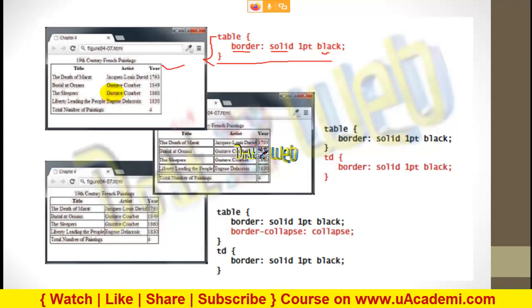The same way, if you want the table data inside also to have a border, then how are you going to do it? First you have to define the table, same as before, and then, because you have table data inside,